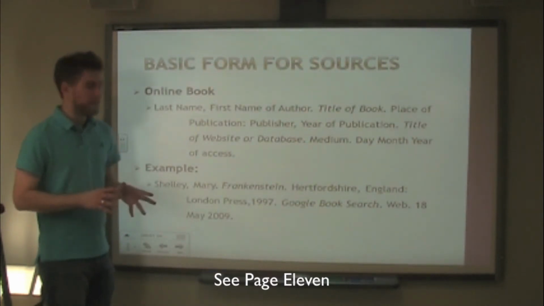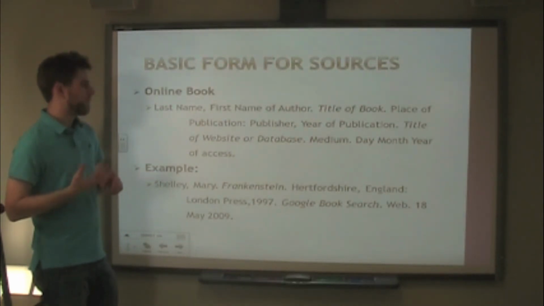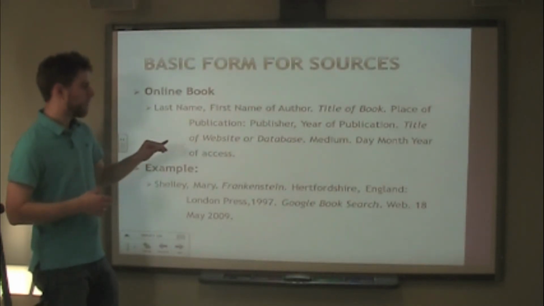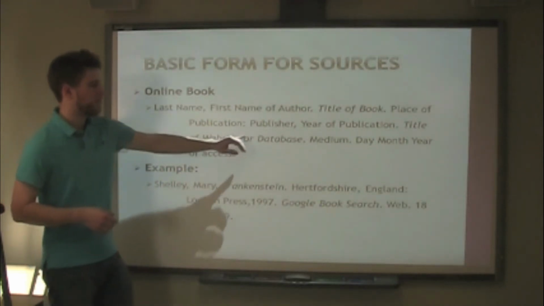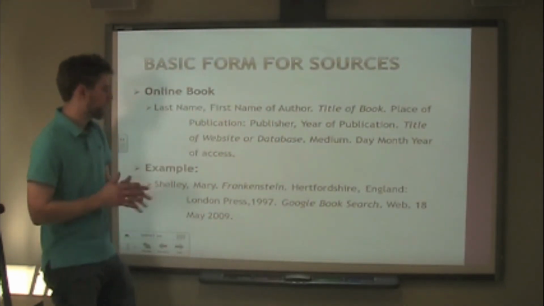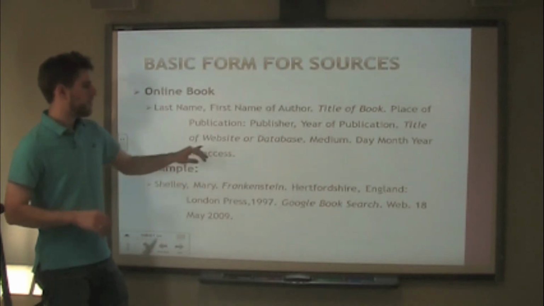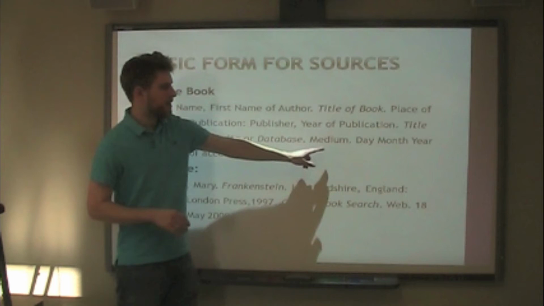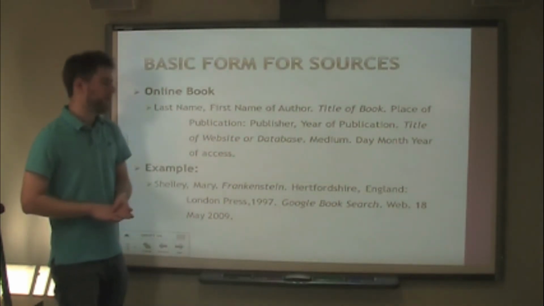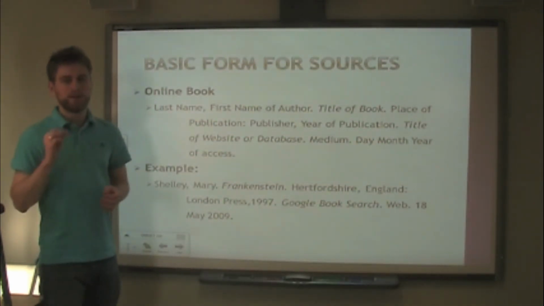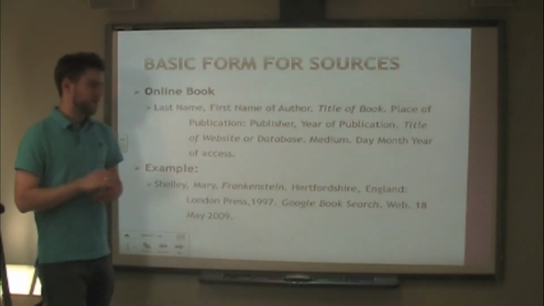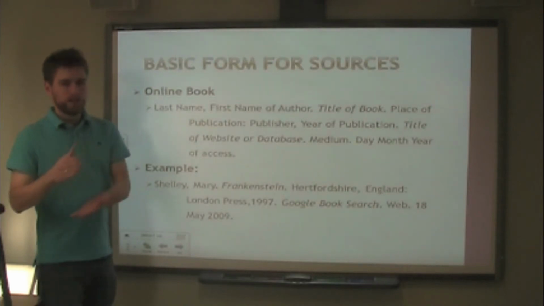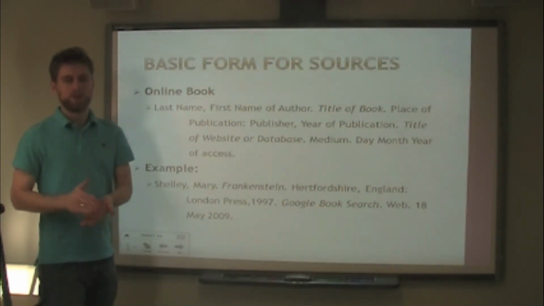All right, here's an online book. You have the author's last name, then their first name. You have the title of the book in italics, the place of publication, followed by a colon, publisher, year of publication, just like the book was. But then you have the title of the website or database in italics. You then have the medium, the day, month, and year of access. That's the day that you went there and found it. That way, if, say, the website is updated between when you found it and when you handed the assignment in or when it was published,